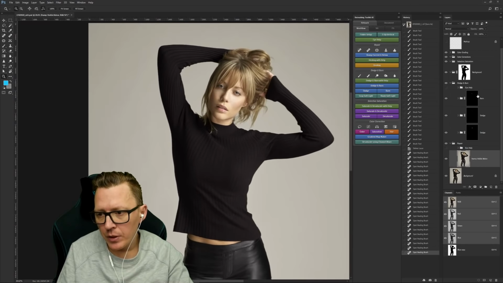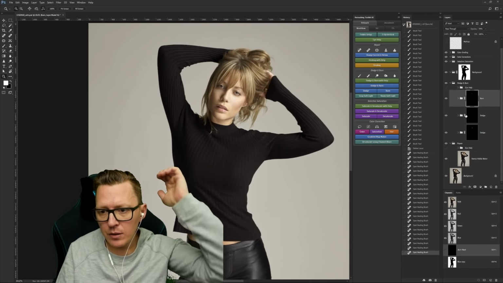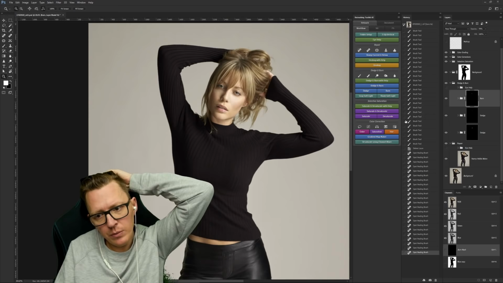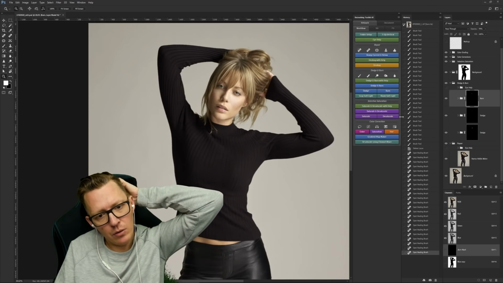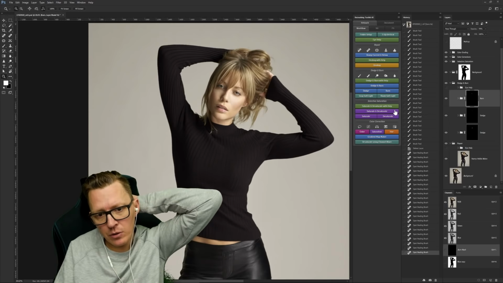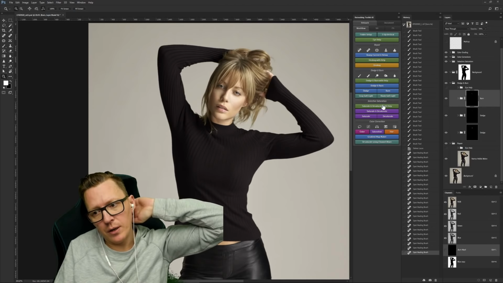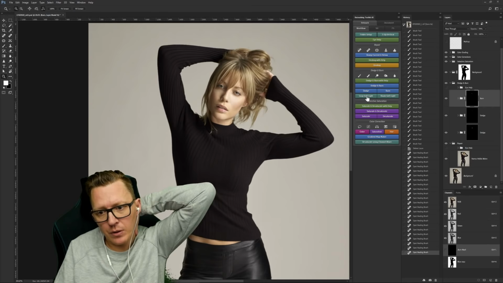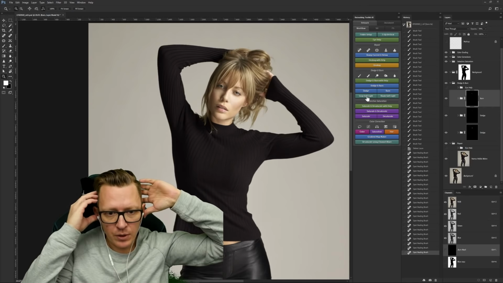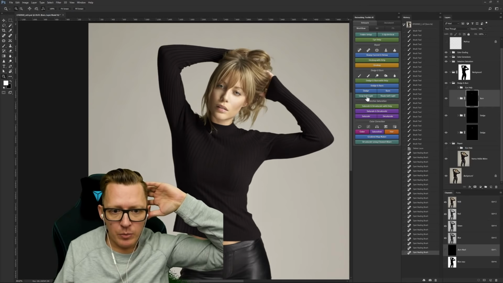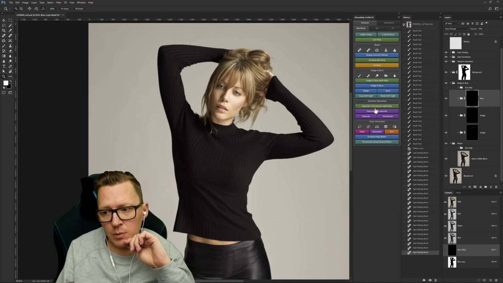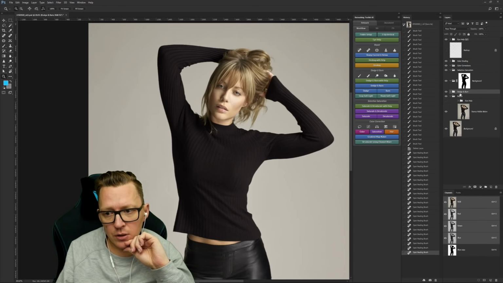Yeah. So another thing that I don't usually do too much, but it's nice to know, is a little bit of contouring. And I used to do it with gray soft layer, but the new Dodge and Burn is so much better that I actually like to just add another Dodge and Burn. So if I just left click here,